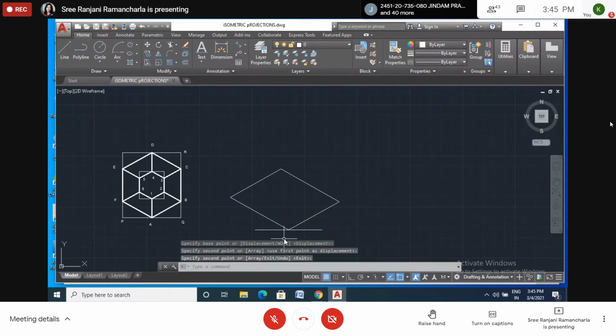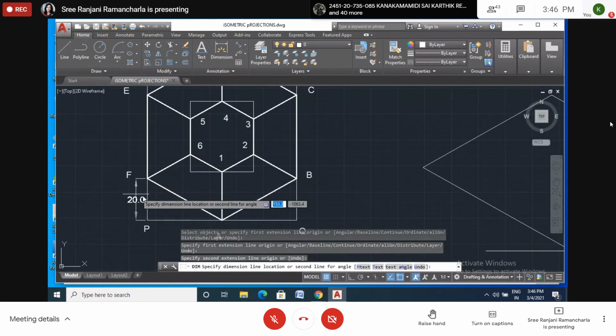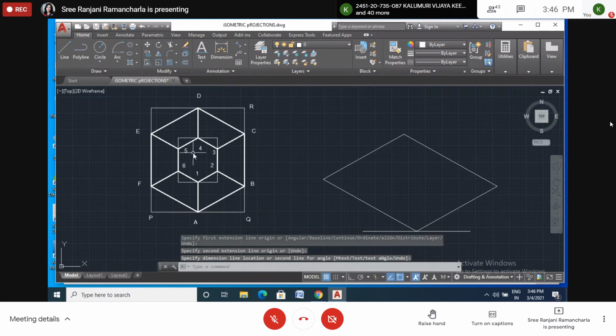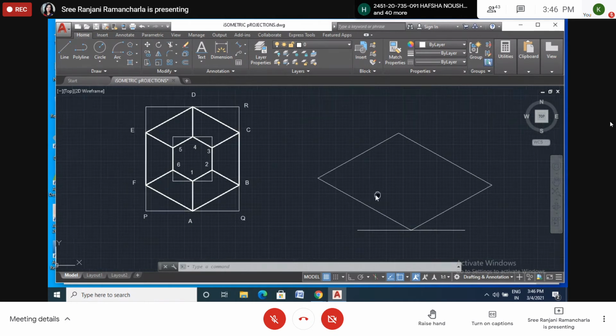Now same way, PQRS means this is P, this is Q. A will be the midpoint between P and Q. And E, F. So what is the distance between P, F and SE? We don't know, but both are the same. So we will measure only one. 20. Of course, it's 20. If this is 40, this is 40. We all are equal in a triangle. So half of this one is 40. So 40, 40. This one is 20. This one is 40, and this one is 20.